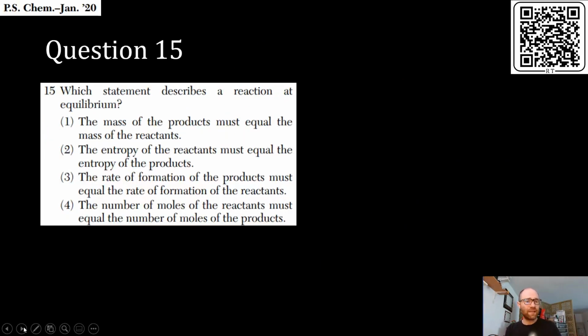Which statement describes a reaction equilibrium? Well, concentrations are constant and rates are equal. So we're just looking for whichever answer gives that sort of information. The mass must be equal. Nope, that's close to concentrations. Entropy has nothing to do with it. The rate of formation of the products must equal the rate of formation of reactants. The number of moles of the reactants must equal the moles of products. So mass and moles, they're both related. They're not equal, but they're implying the same thing. It's amount. They have to be constant, not equal. So that leaves us with our answer of